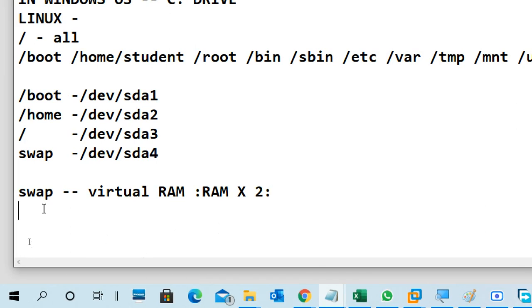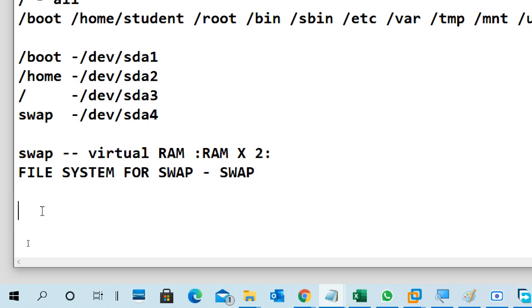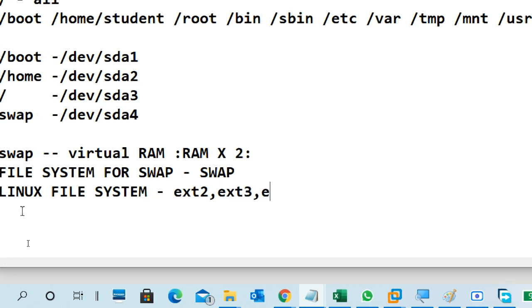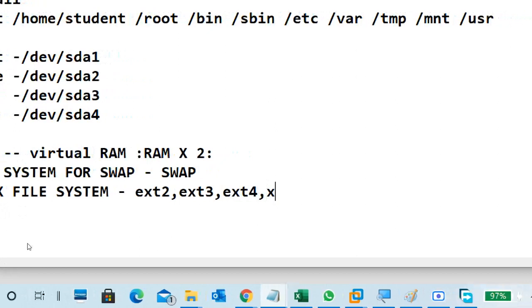Swap has its own file system, which for swap is nothing but swap only. In Linux we use different file systems. The normal Linux file systems are ext2 onwards: ext2, ext3, ext4, xfs.